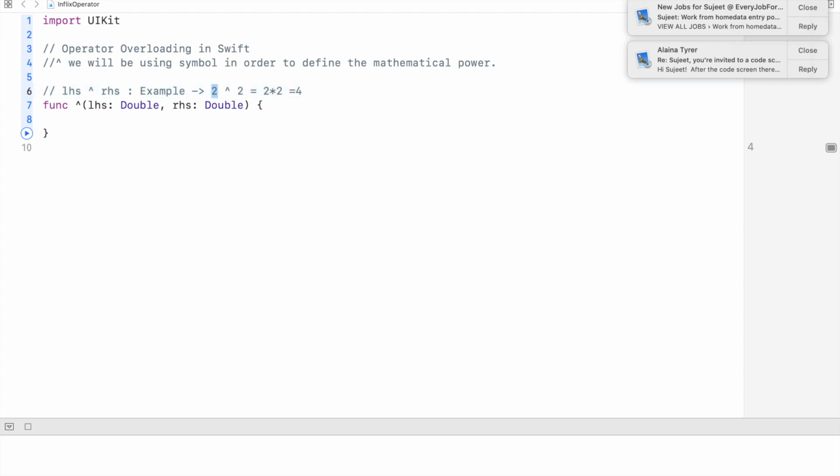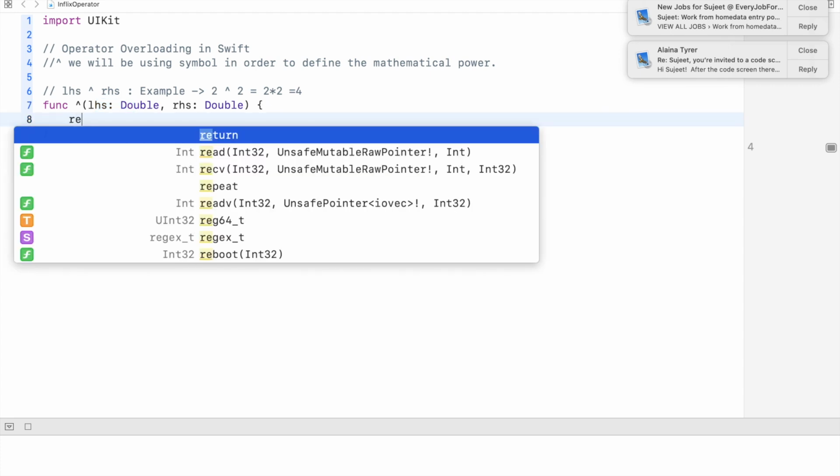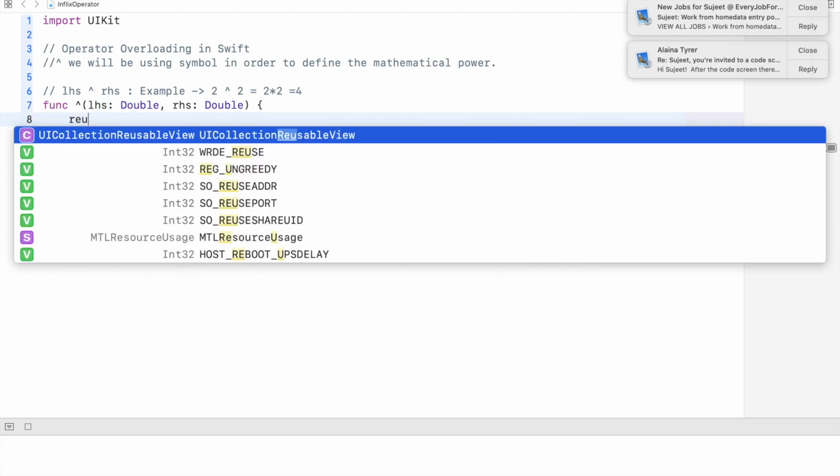Here 2 is the LHS operand, this is the RHS operand, and this caret is an operator. It takes LHS and RHS as arguments, and it will be returning